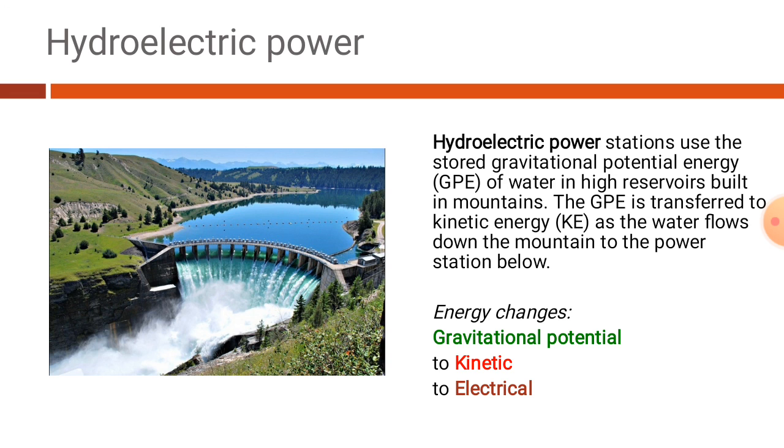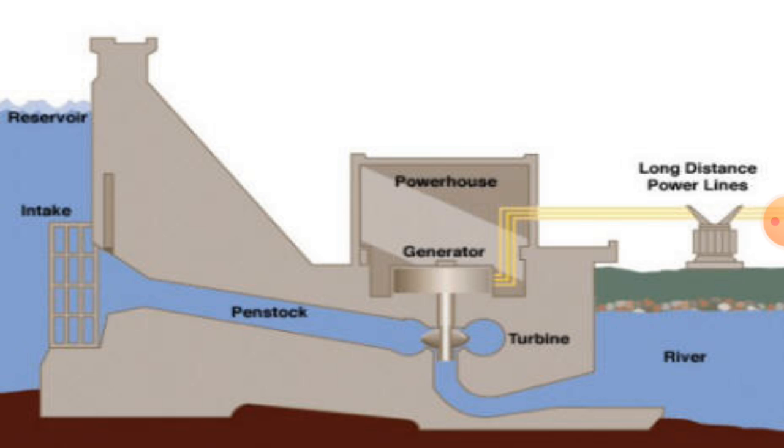So basically there is a turbine at the base of the waterfall, which is driven by the flow of the water which falls from above. Here we should remember the energy changes which happen in this process. The gravitational potential energy is converted into kinetic energy, then finally it is converted into electrical energy which is then supplied to the towns and the cities, etc. So this is how the process is.